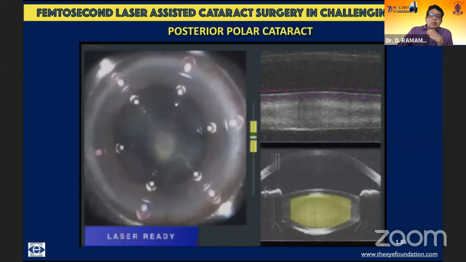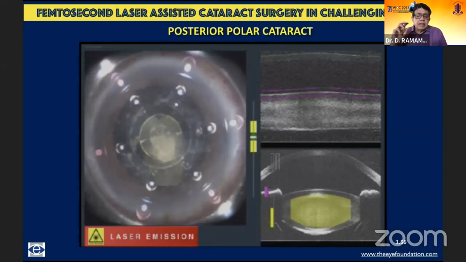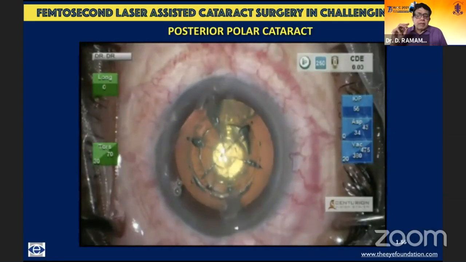Another situation, a posterior polar cataract, often it's a problem, but one of the greatest advantages of the femtosecond platform. Here what I do is usually combine cylinder with segmentation, and usually this gives us pie-shaped fragments for us to remove, so that it's essentially separated into three cylinders, and also 6 segmentation is done, and each of these segments is a small segment which can be picked up. This is what you see under the operating microscope.